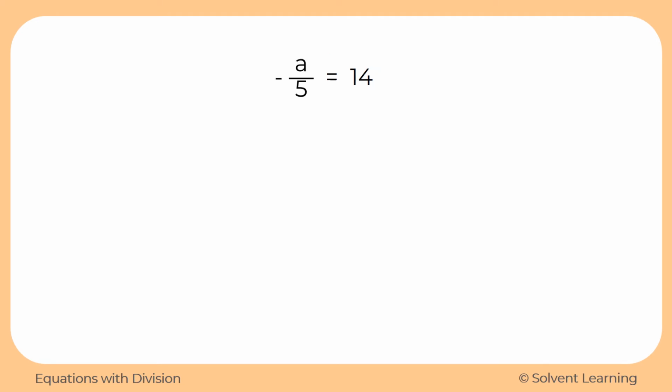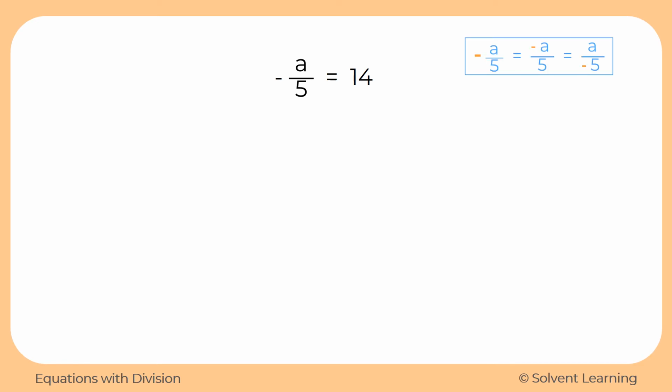And here we have negative a over 5 equals 14. Now we know that the fraction represents division, so it's saying a divided by 5. But what's up with that negative sign in the front? What do we do with that? So, the interesting thing about negative fractions is that that negative sign can be placed in one of 3 places. It can be in the front of the whole fraction like we see here,